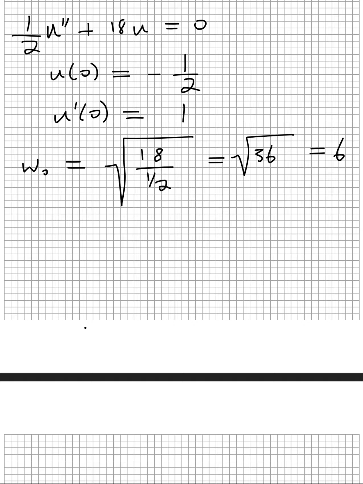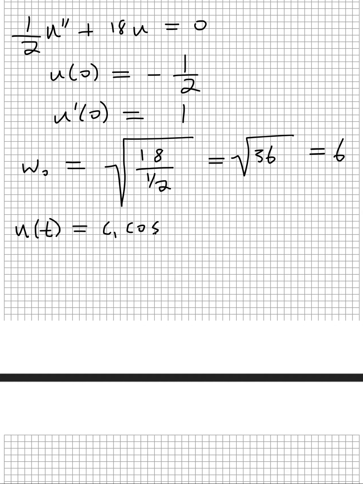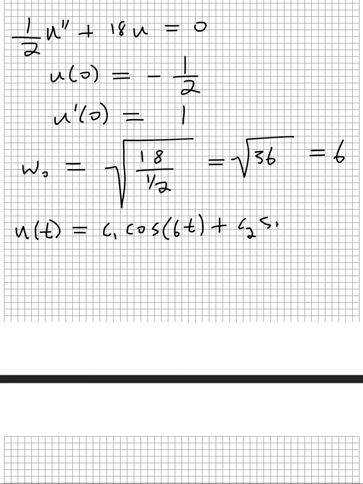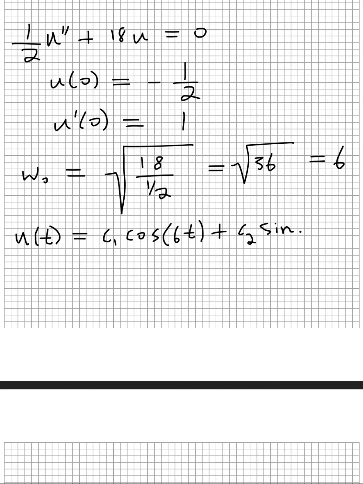So therefore, the general solution, along with its derivative, will take the following form. U of t is going to equal C1 times the cosine of 6t, okay, plus C2 sine of 6t,